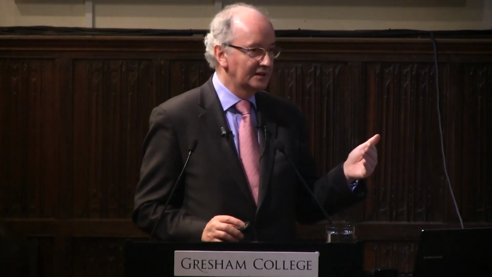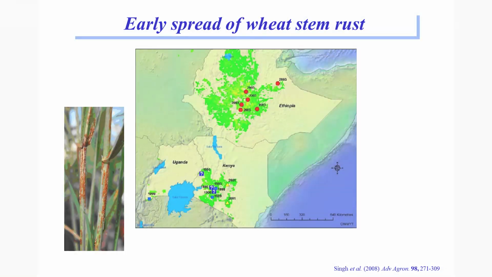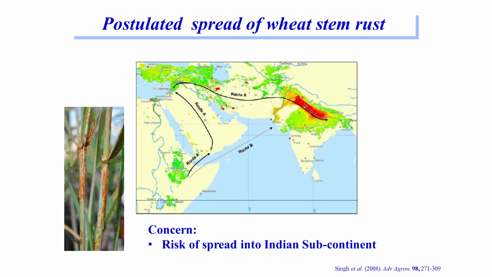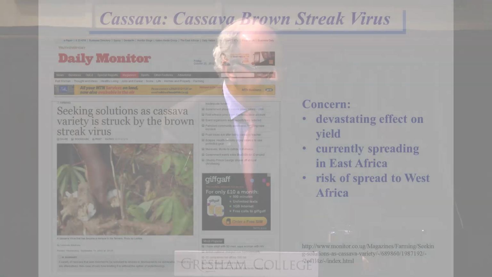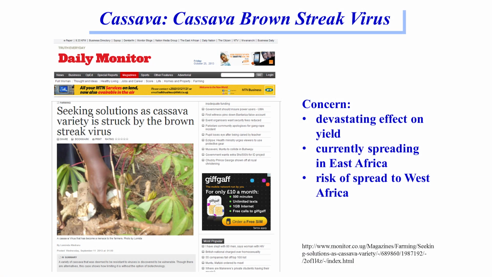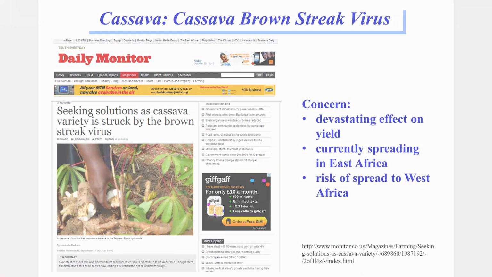a new strain that has developed of this rust pathogen in Uganda and is spreading out of Uganda, moved through into Kenya, into Ethiopia, and up. It's now in Iran, and the real major fear is it going to get into, as I say, the Indian subcontinent, because there would not be sufficient pesticide to use to control the disease there. So I'll come back to that a little bit later. And there again is Cassava brown streak, which is this devastating disease.